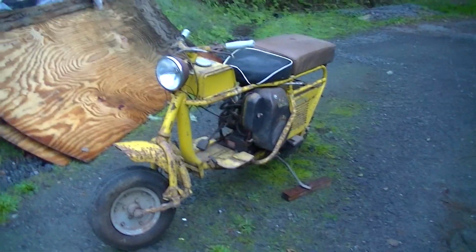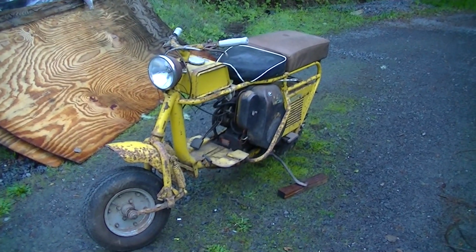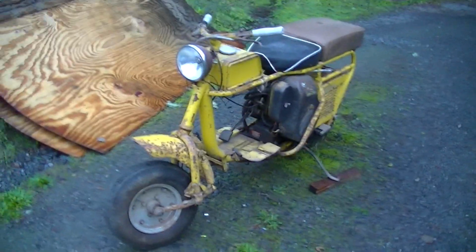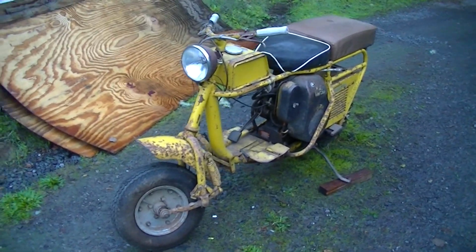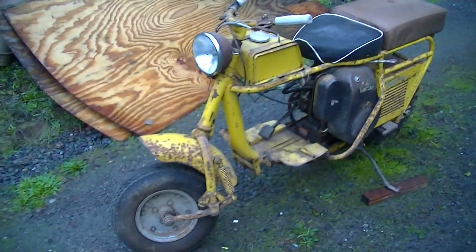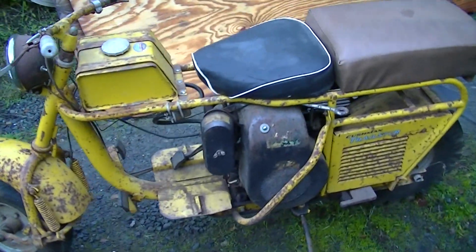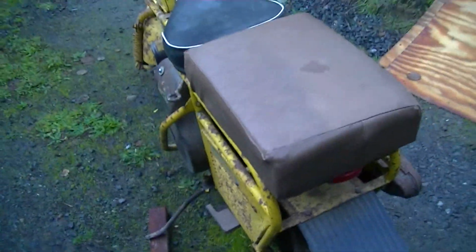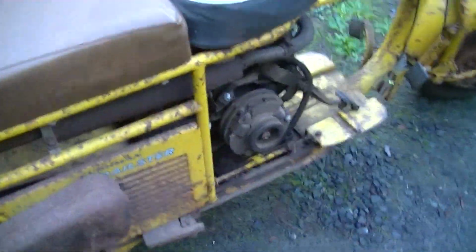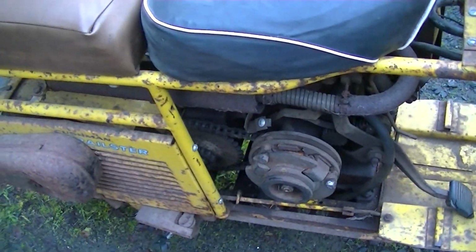Okay, second try at this. I think it's December 5th. Getting dark, but this is my new 62 to 65 Cushman Trailster. The M9 8 horsepower engine with the heavy B block, 2-speed single-ended transmission, chain drive in and out, no belts,